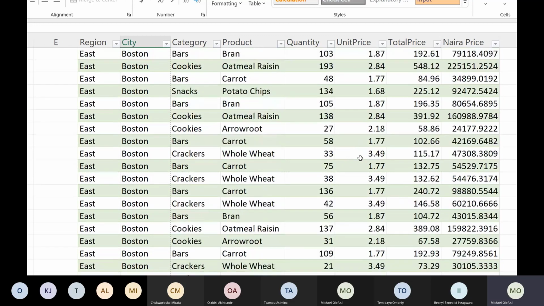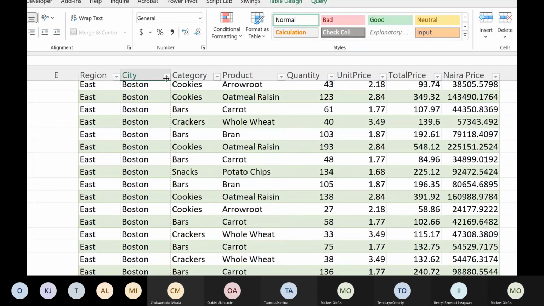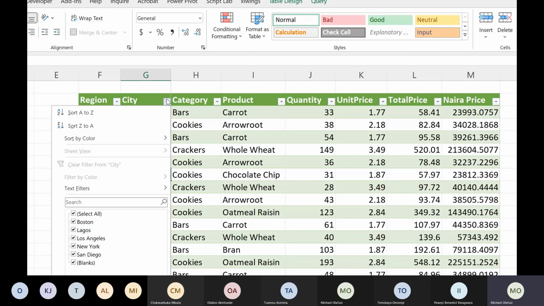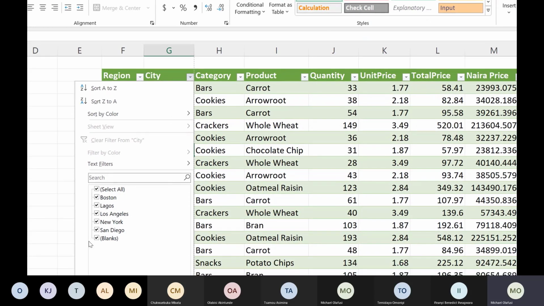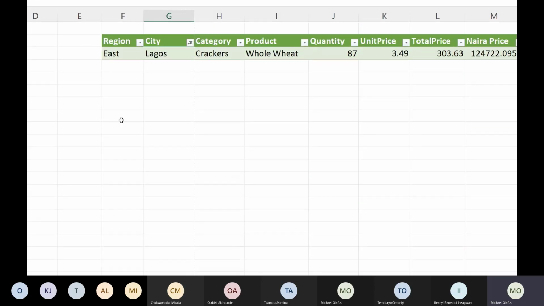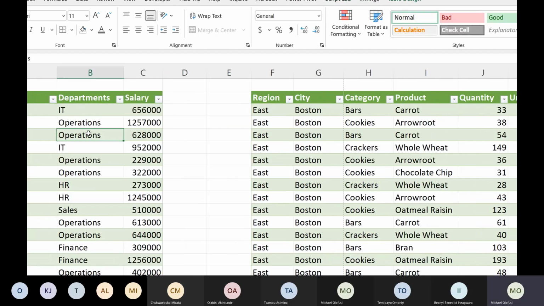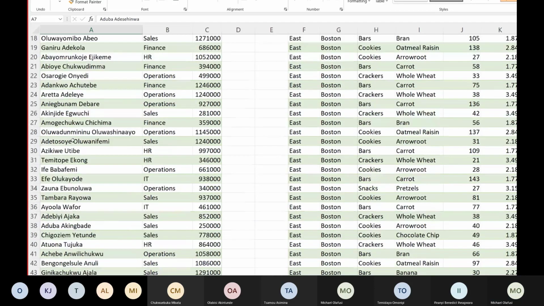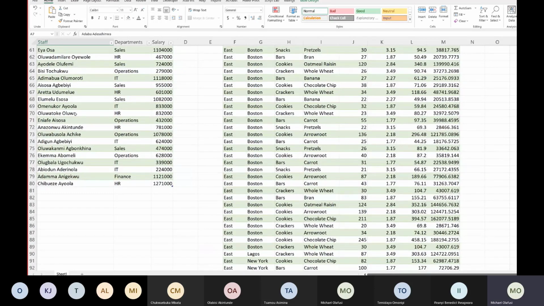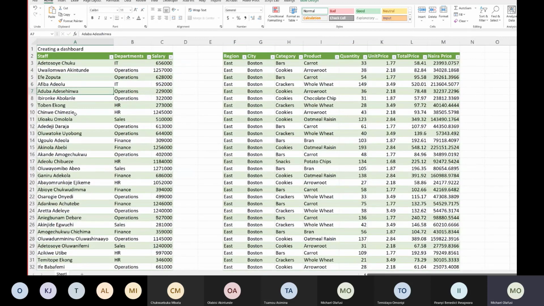Anything happen to the Lagos? Let's see. So Lagos. Good. So this one works, right? I can see the Lagos I added. Lagos was not there before. I added Lagos and now it's there suddenly. So let's see if the one that was giving us issues has now sorted itself out. That one has still not sorted itself out. But at this point, I'm just going to ask if anyone has any questions.